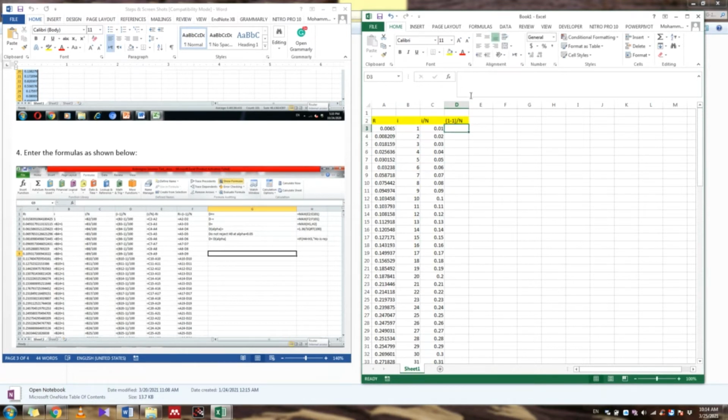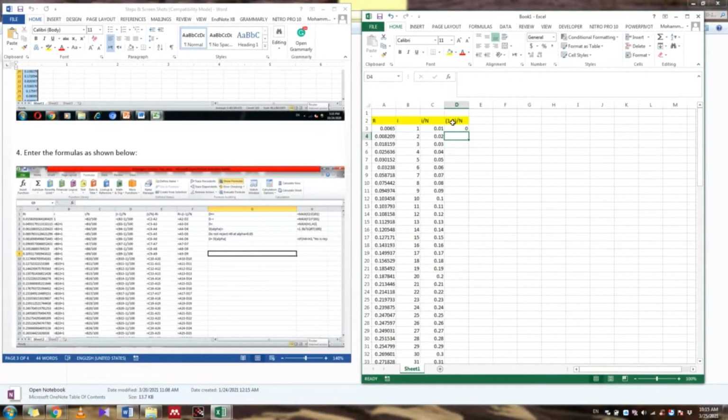So how will you calculate? Write equal to, in brackets, B3 minus 1, but then divided by N, meaning 100.